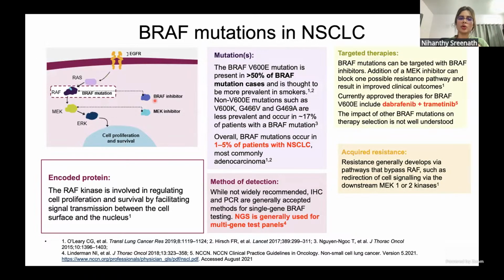Then again, the downregulatory pathways, if you look in detail, after the EGFR and the RAS, we have the RAF pathway, finally downregulating into the MEK and ERK pathways. The BRAF V600E mutation in specific is seen in many patients, especially smokers, and almost 1 to 5% expression can be seen in adenocarcinomas. So again, what is the platform? NGS is the best platform for the detection of BRAF testing. And more importantly, with BRAF, we even get the MEK signaling pathways also